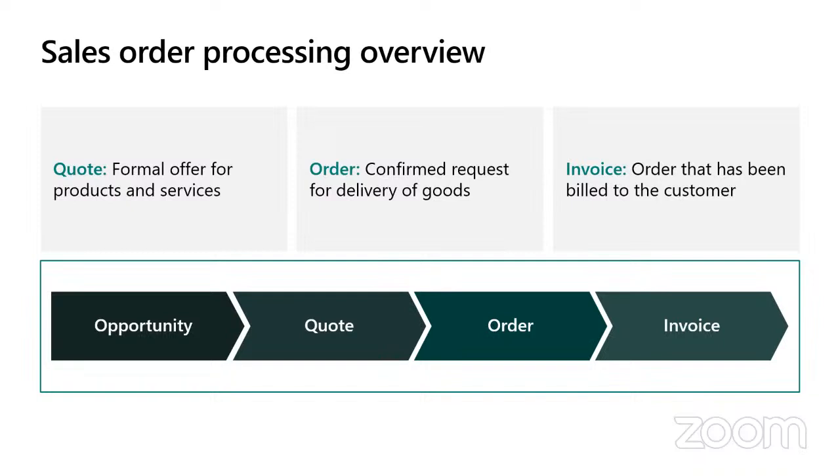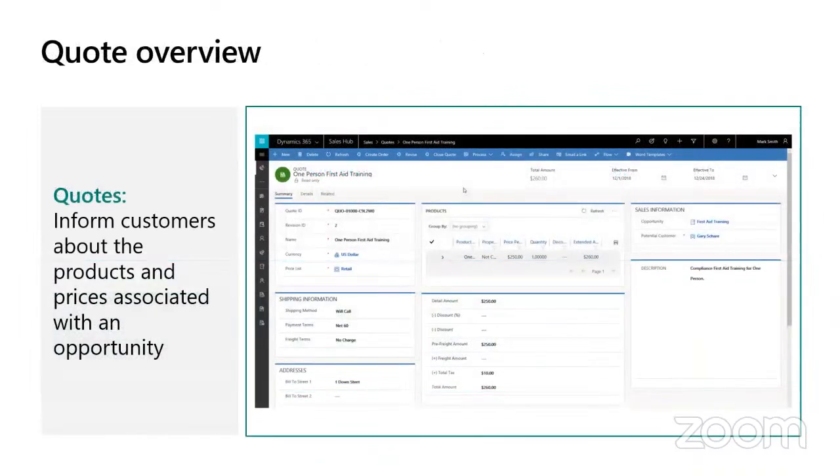At the back of that you have an order for the goods. And this is confirming a request of delivery of the goods. And then ultimately you invoice the person, because that's the point where the goods have gone out or you've provided the particular service. And in terms of quotes, we've got